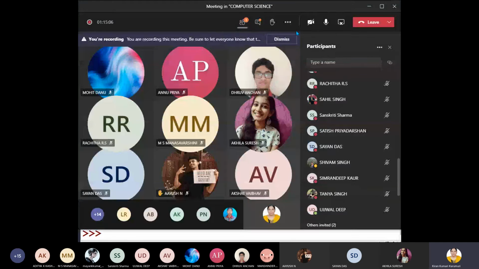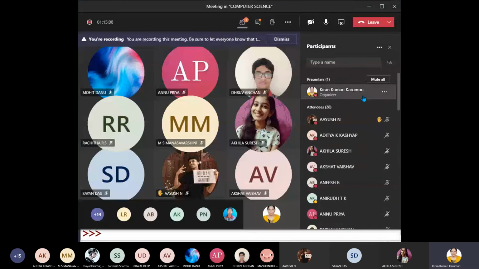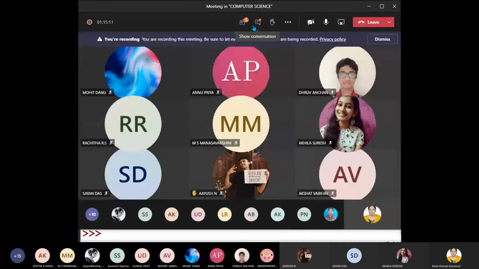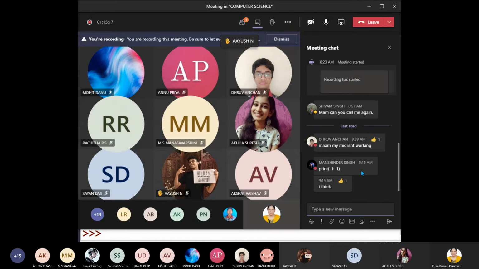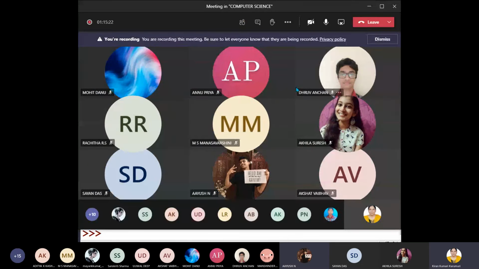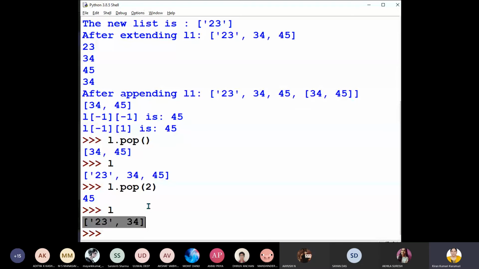आ गई समझ में? Yes or no? Any doubt? Yes, Ayush, you want to ask something? No, ma'am. Okay, fine, fine. So anything else you want to discuss here? Pop function, del function. Delete का और pop का difference क्या है? Del is a keyword kind of. Del के बाद हम लिखते हैं and then whatever the item, right?